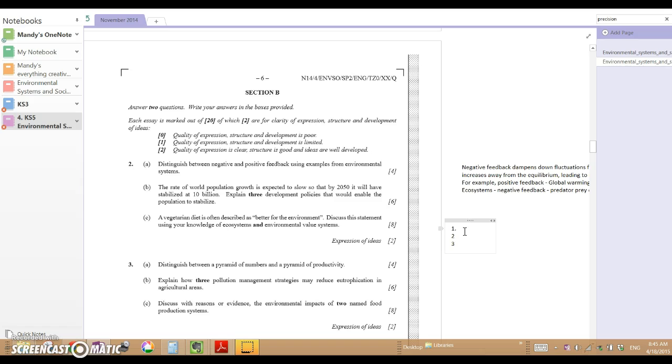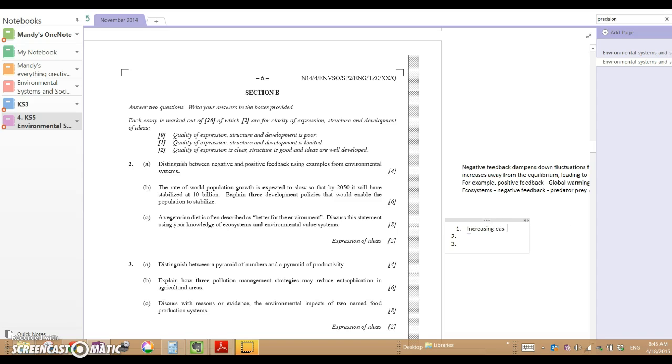These are policies put into place by governments, intergovernmental agencies, non-profits that would help population to stabilize, right? Will help development in some way. So we're thinking about development, we're thinking about sustainable development, ways that the population can slow. All right, go ahead and think what you know. Okay, so one would be